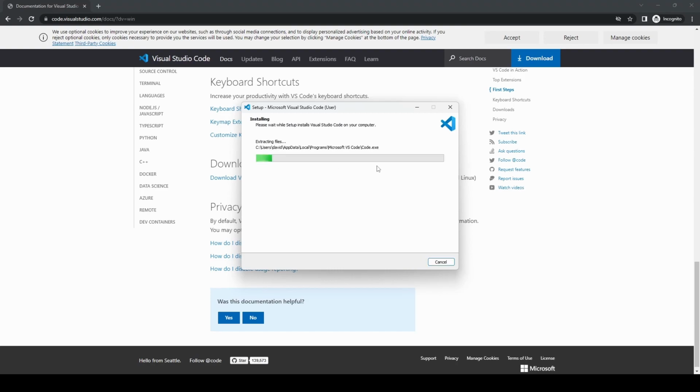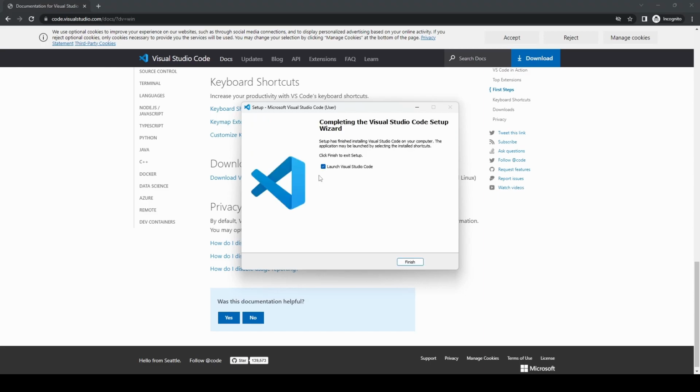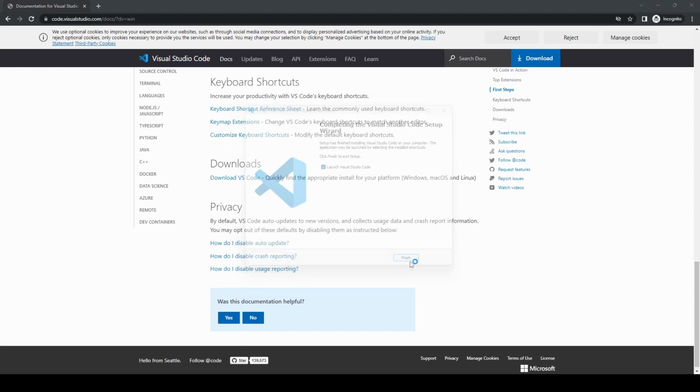It starts extracting the files. There's no additional download needed, so the 88.3 meg is the whole of the application that's required. It is quite a compact, lightweight application, which is really good for a development environment. It'll install all the basics that you need to edit, and then any additional functionality, support for specific languages, comes through extensions, which you can download once you have installed Visual Studio Code. The installation itself will take under a couple of minutes normally, and then you've got an option to launch Visual Studio Code. So we can click Finish,